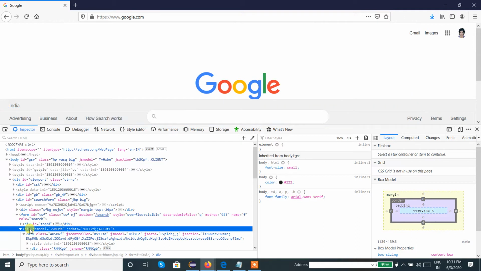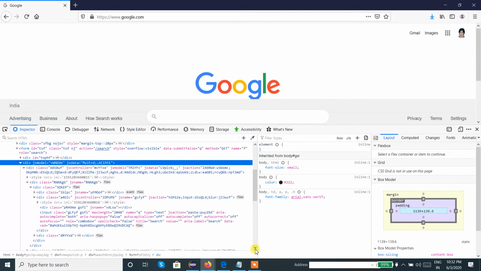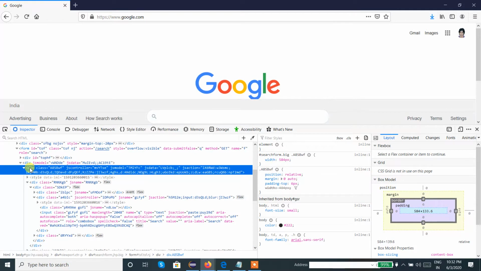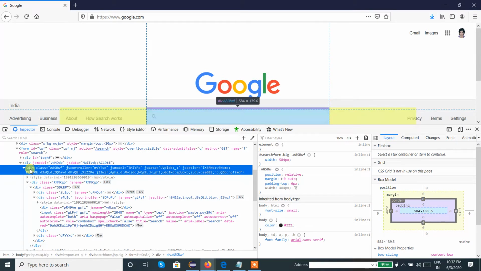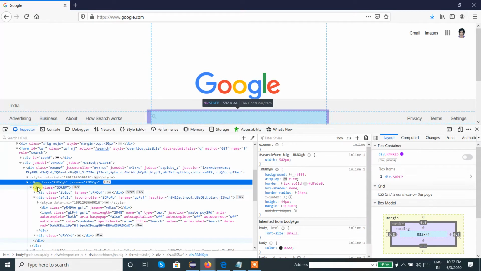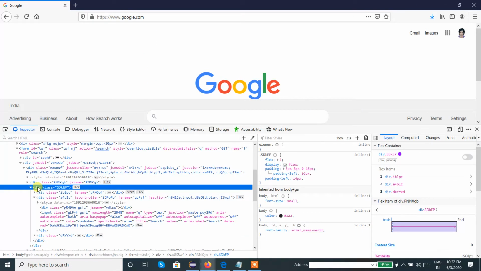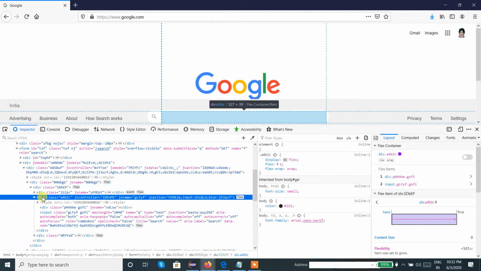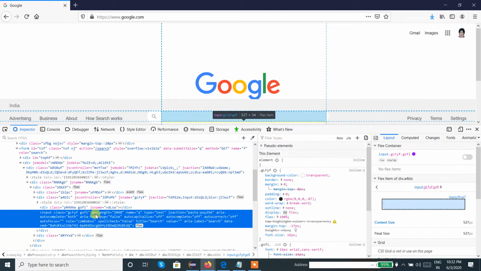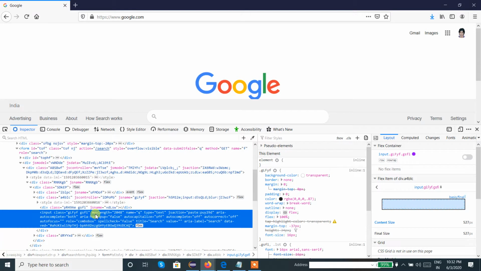Again we need to enter into a div, and to access the web element we probably need to enter again into this div, and from this div1 we need to enter into this div, and again from this div to div1 and again to div2, and inside this div2 again a div. Inside this div we have the information stored for the particular web element.